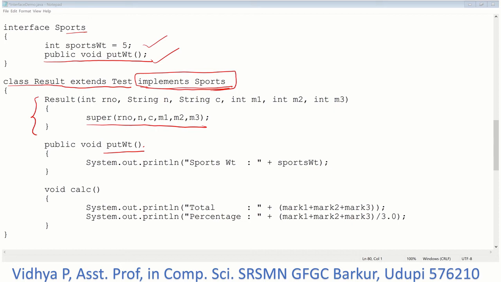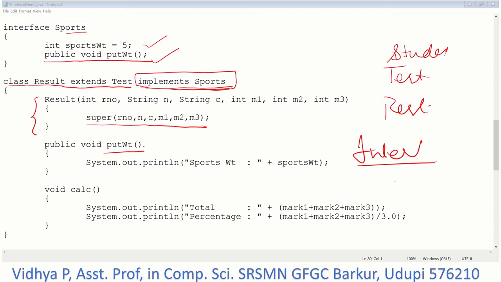I am just limiting myself to only this calculation. If you are interested, you can also calculate the grade and print it. So now we have created three classes: Student, Test and Result, and an interface, that is Sports.